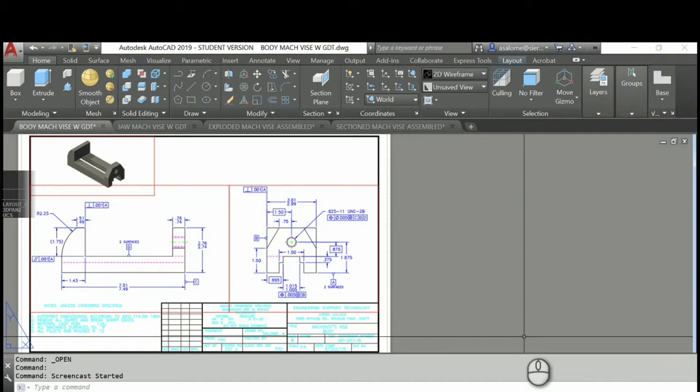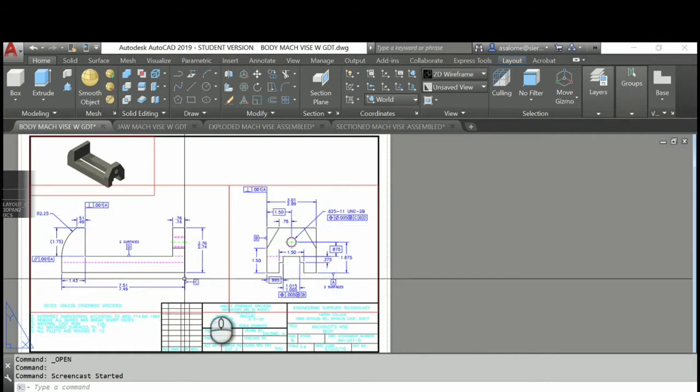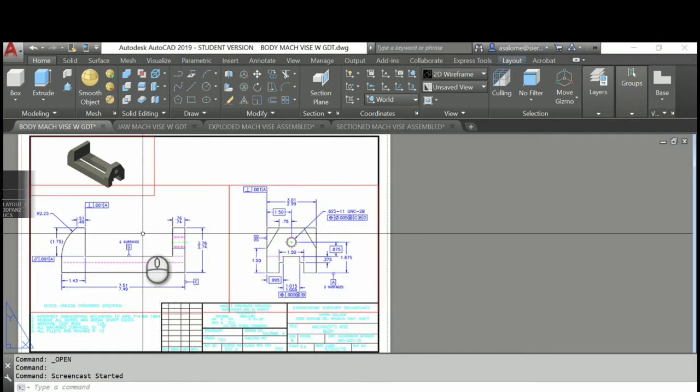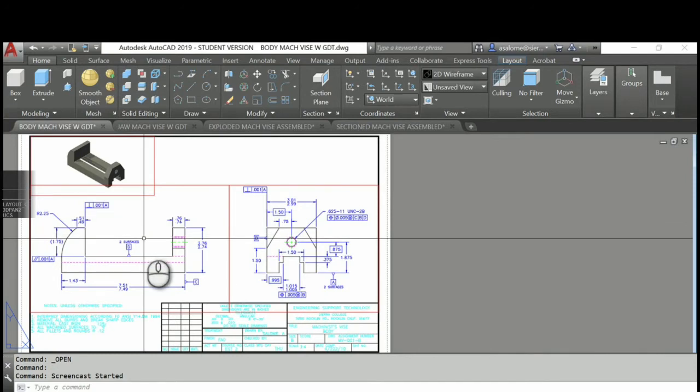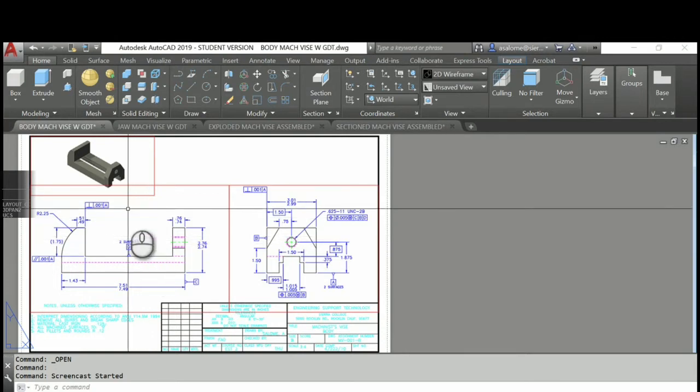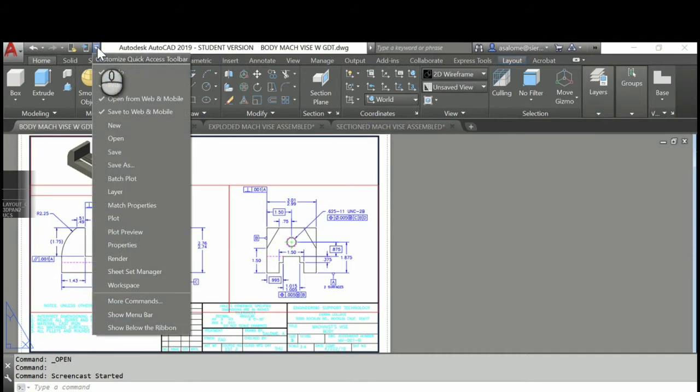So in preparing your parts for an assembly, what we don't want to have in the assembly drawing is all of the drawing data and all of the layers and all of the different things that we don't need. And so the first thing we're going to do when we're prepping for an assembly is